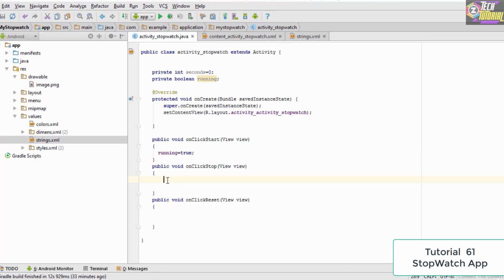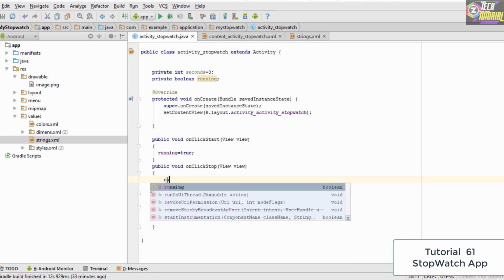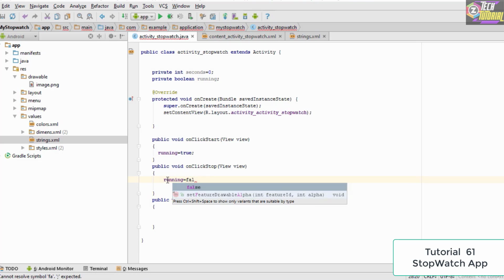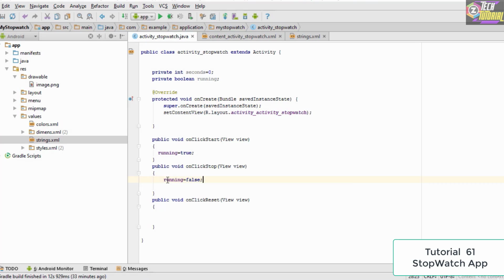And when the stopwatch actually stops, we need to make running to be false. So we type running equals false. Make sure that you spell false correctly. And for the reset method, we actually need to make running to be false, and also we actually need to